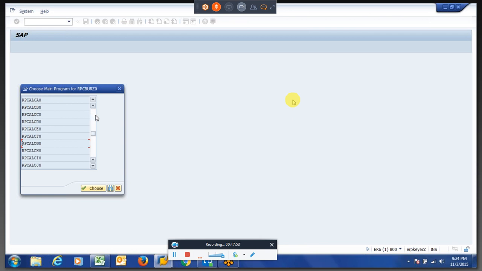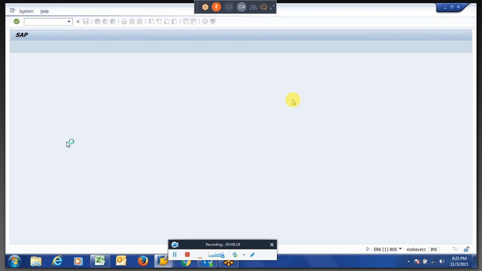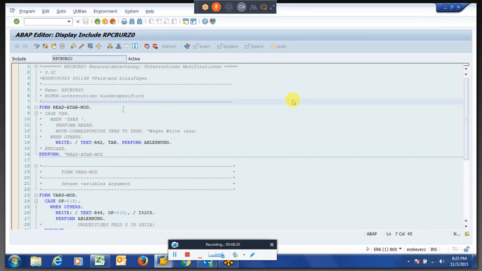Or PCALC. If anybody remembers what the program for the international payroll driver is? Let us see, we will put it in the normal form.